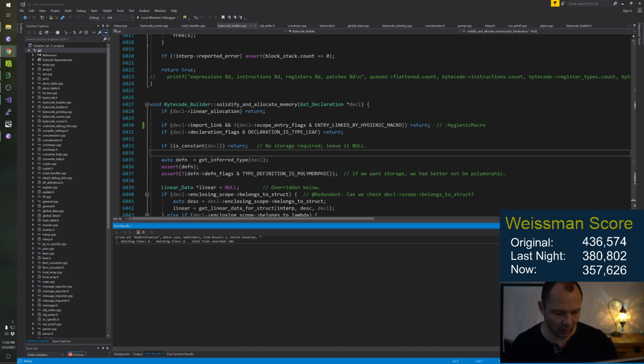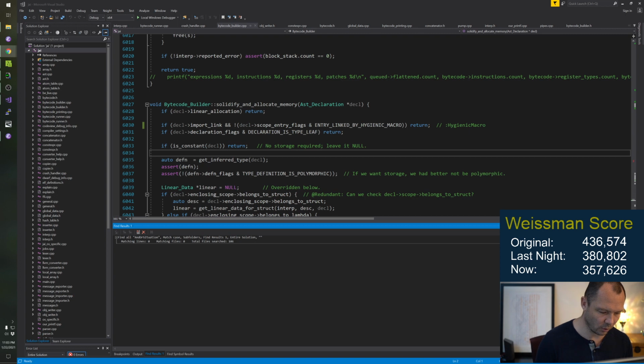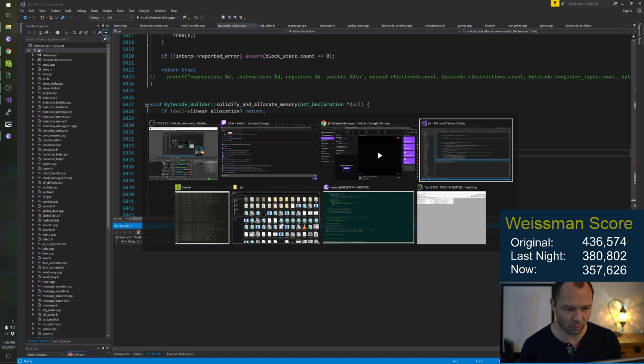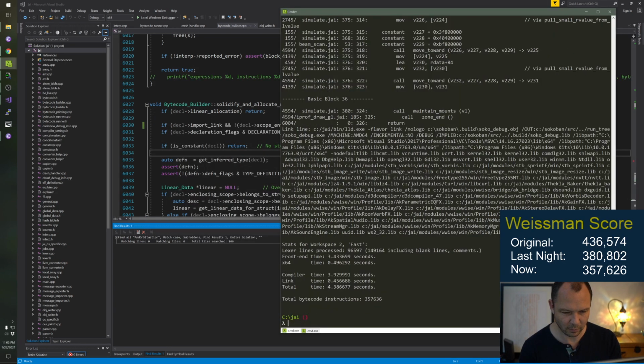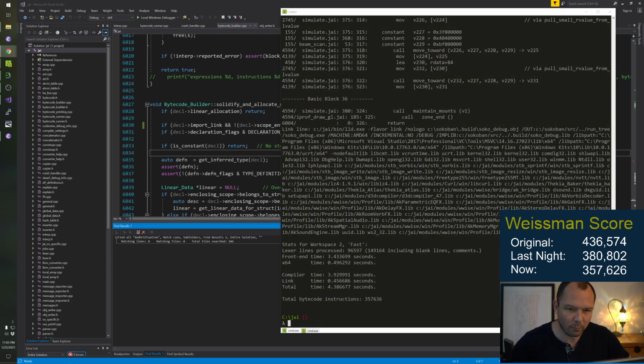So I've been sort of taking a break a little bit, but I've also been doing some cleanups and restructurings that did not involve making gains. So I guess I was making gains in code cleanliness or something, but we did not decrease our Weissman score. In fact, it might have gone up just a little bit. We're at 357,636. Okay, that's about what we had. We'll see if we can make more gains. The x64 debug info is still corrupt for some reason.